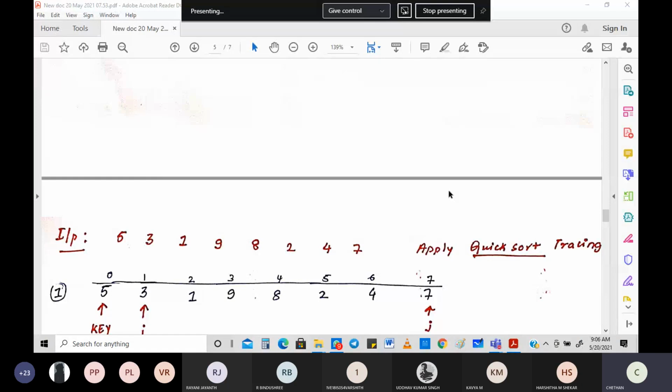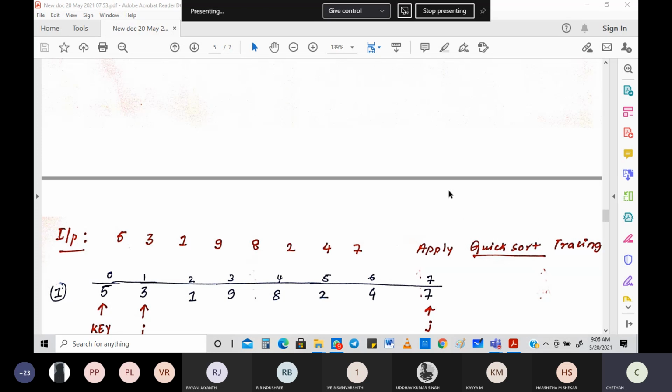The quick sort tracing along with all the algorithms. In yesterday's class you even saw the time complexity of it, right? That's the most important part of what needs to be done. Today we are going to see one more problem, and then we are going to look again into the algorithm, or the rules for this tracing.